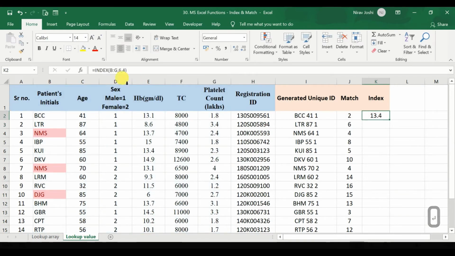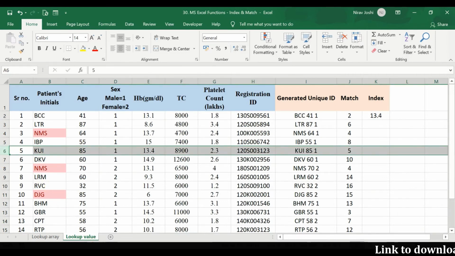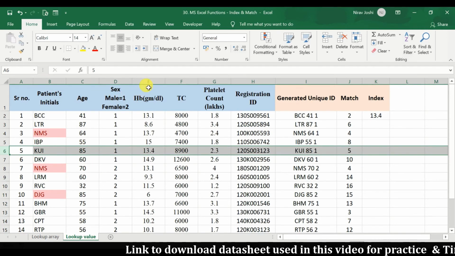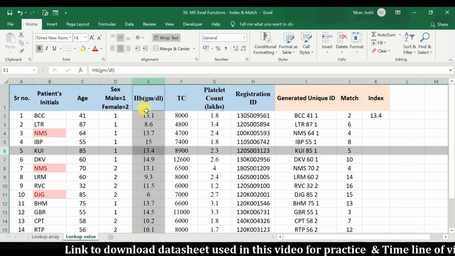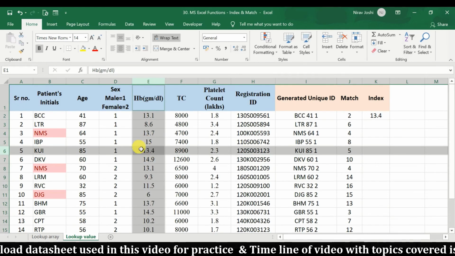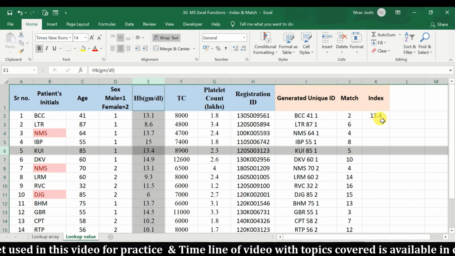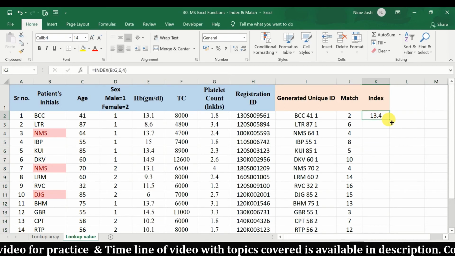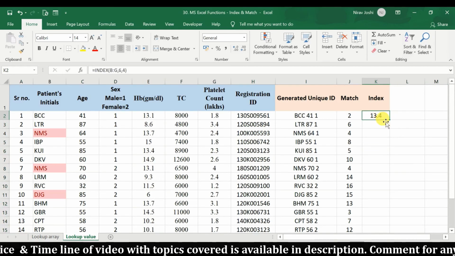What it has done is, first it has taken this particular row, that is row number 6, and as we had provided that it should take a cross section with column number 4 in the provided array. The array started from B, so the fourth column would be E here. So this would be the cross section of these, and it has provided that particular value here. So that would be the function of INDEX.